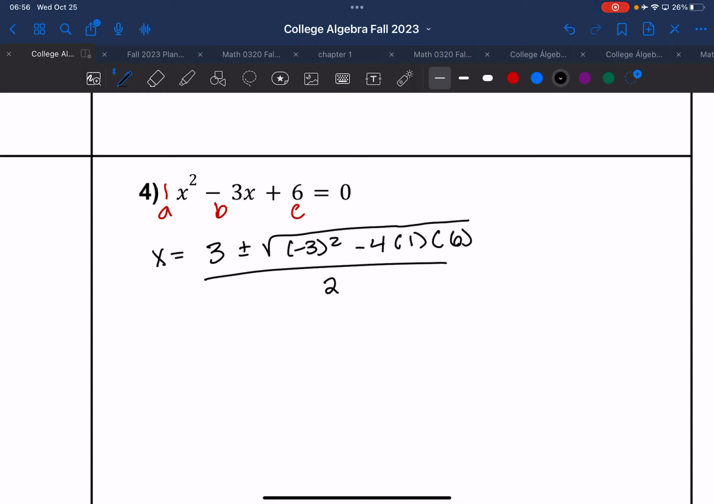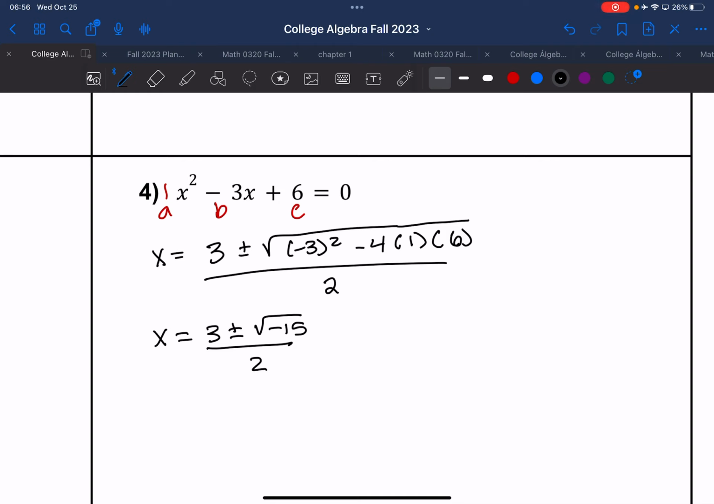Okay, so when you plug in this part under the radical, you should have got negative 15. Does that sound right? Okay. So that means we have x is equal to 3 plus or minus the square root of negative 15 all divided by 2. Okay. Since we have a negative under the square root, that tells us that our roots are